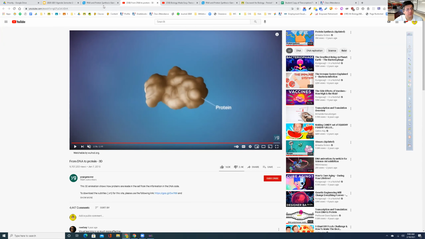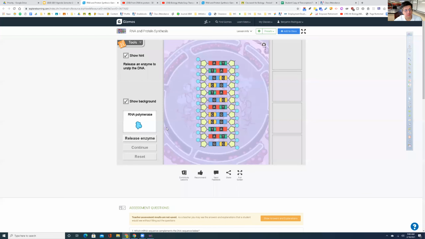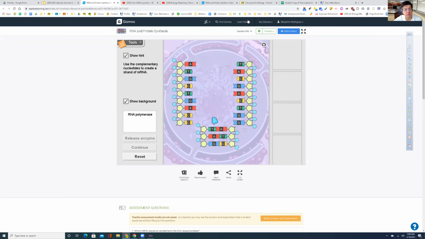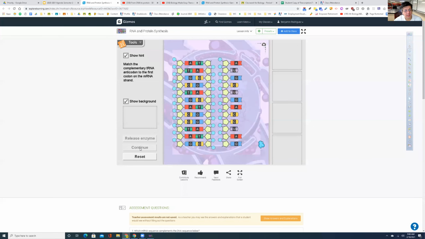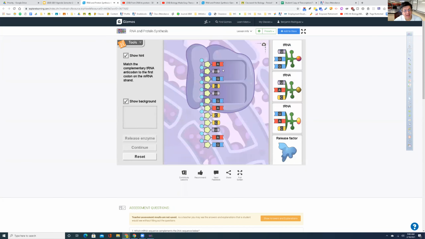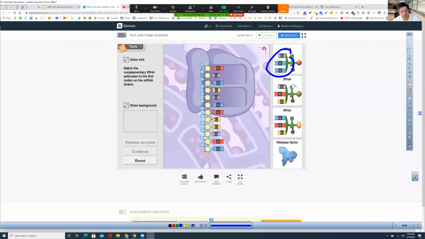So now let's go back to your virtual lab and let's make a protein, all right? So let me go ahead and release it here. Let's get to that point. So everybody should be at, so now I have my mRNA. Okay, let's continue. So there's the mRNA. Now it's at the ribosome. And remember what these four-leaf clovers are. These four-leaf clovers, okay, each one of these is a